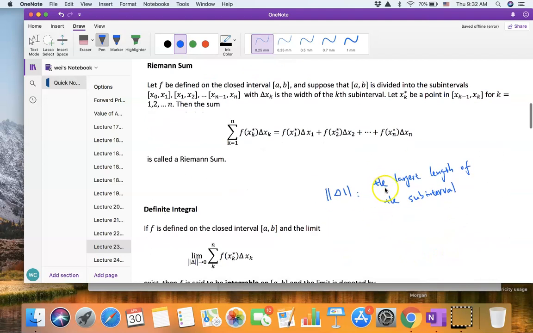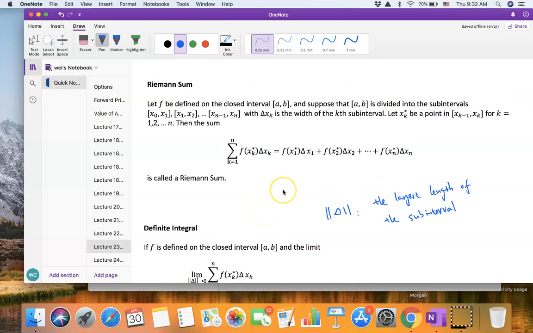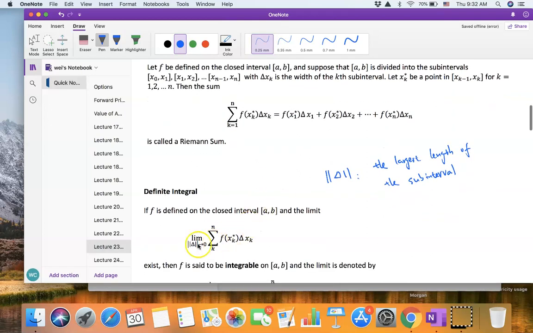Of course, if the largest length of the subinterval goes to 0, then the lengths of the other subintervals will all go to 0. And if this limit exists,